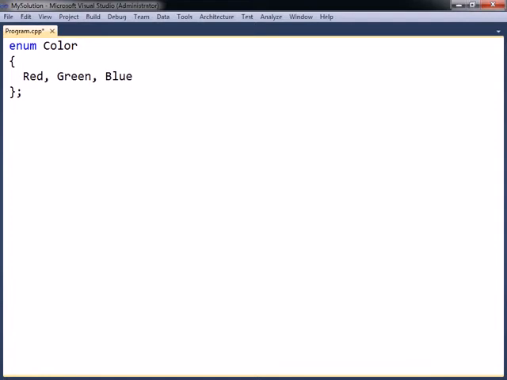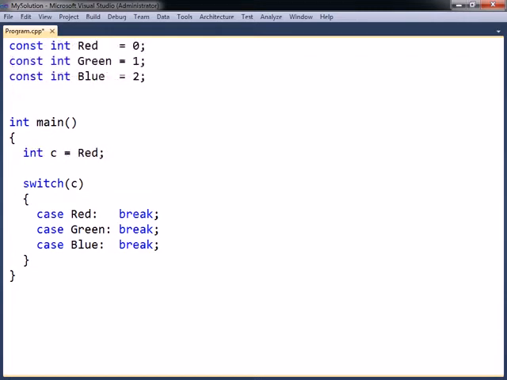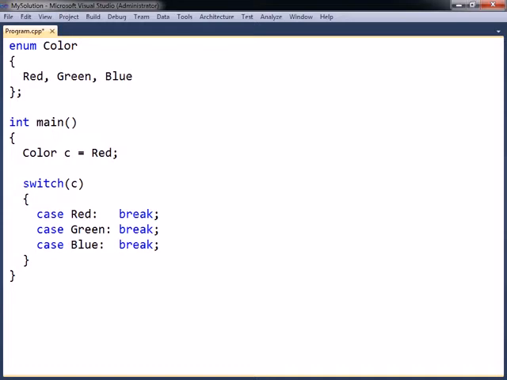In the example shown here, the enumeration type is called color and contains 3 constants, red, green and blue. The color type can be used to create variables that may hold one of these constant values. In order to avoid naming conflicts, the constant can optionally be qualified with the name of the enum. The switch statement provides a good example of when enumerations can be useful. Compared to using ordinary constants, the enumeration has the advantage that it allows the programmer to clearly specify what values